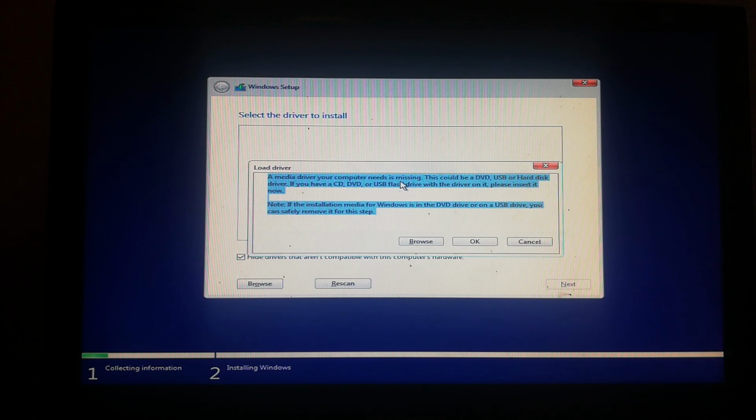First of all, you can see this error right here: a media driver your computer needed is missing. This could be a DVD, USB, or hard disk driver, and it says that you should insert those drivers to continue the installation. To solve this error, you have to pull out the USB drive or CD which you are using to install it, and again insert that USB drive